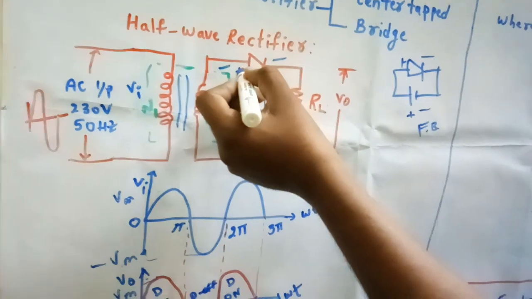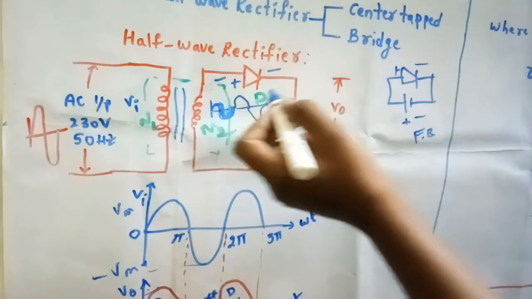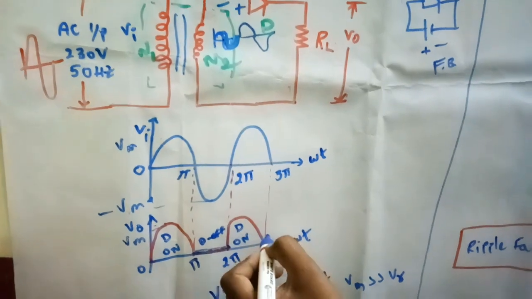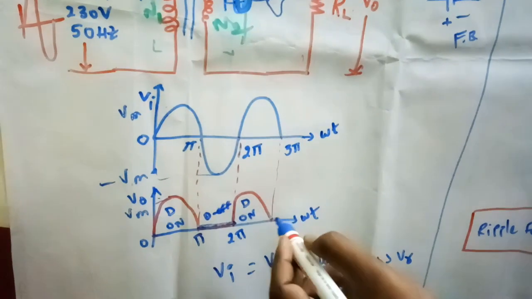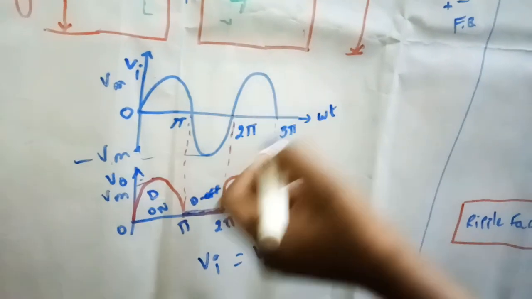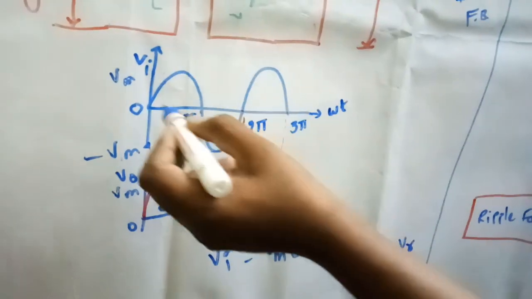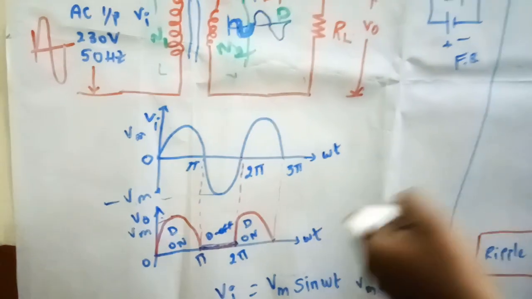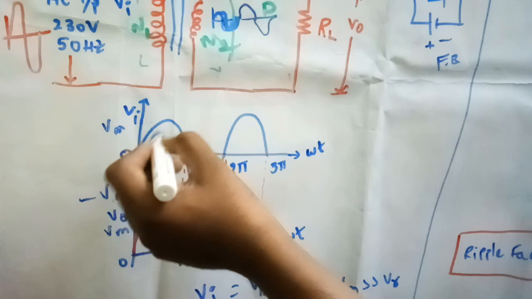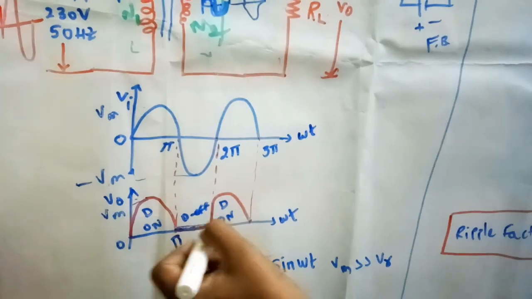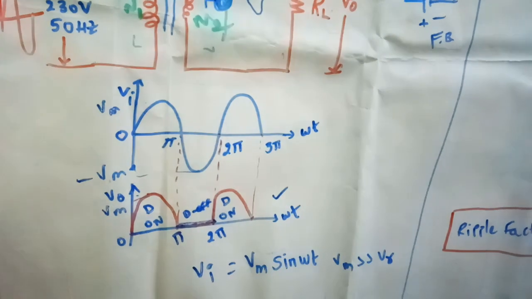Positive is connecting to the diode positive, so the diode conducts, then it allows the input signal as output, and you will get the corresponding output. In a half-wave rectifier, for all positive peaks we will get the corresponding output. Here I am taking only 1.5 cycles. This is 1 cycle and 1.5 cycles. This is a continuous wave, that repeats. So for all positive peaks we are getting output, for all negative peaks we are not getting output. This is the output for the half-wave rectifier.